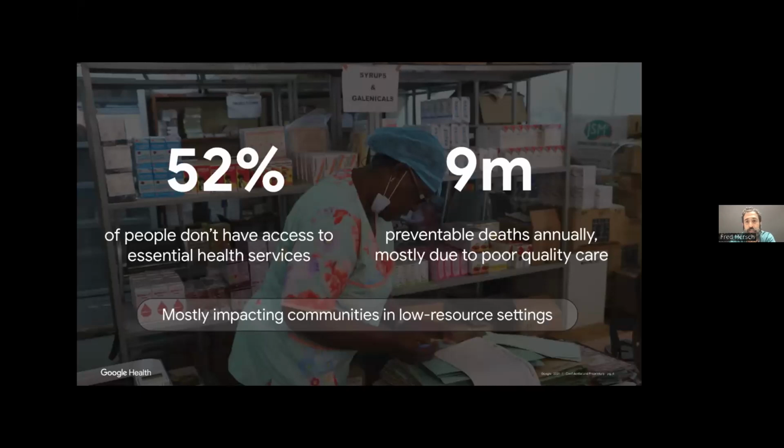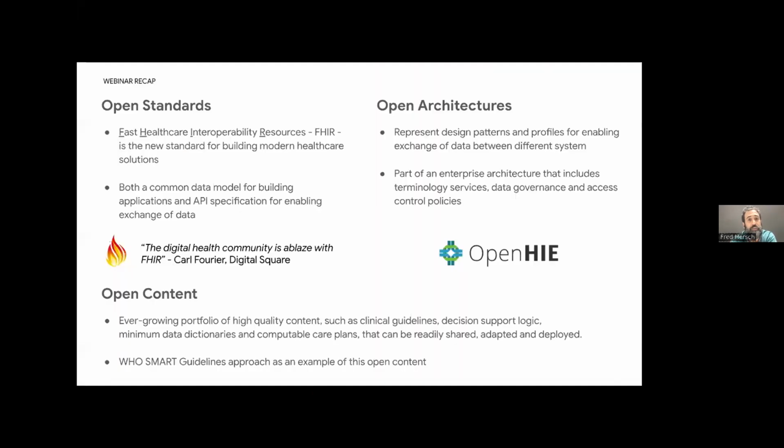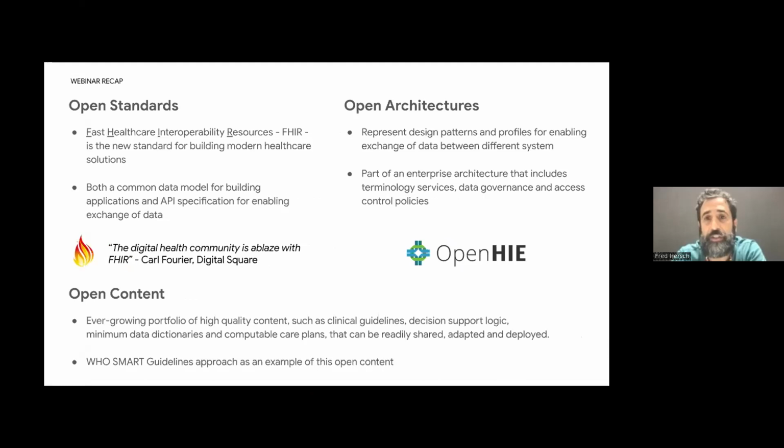This is mostly impacting communities in low resource settings, and this is really exacerbated by the growing gap in terms of healthcare workers. So, even more need to be able to figure out how do we enable community health workers to help to address this. And so we've heard over the past couple of weeks in the webinars, and if you haven't seen them, there will be recordings available, these ideas around open, like why standards and architectures matter. So Stephen gave a great presentation on that, and it's really about